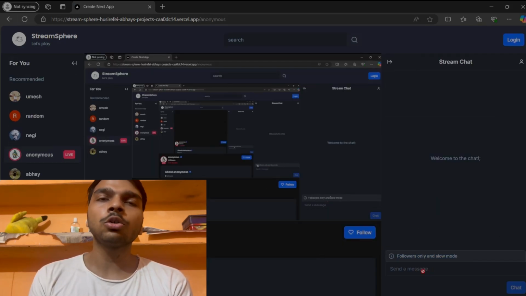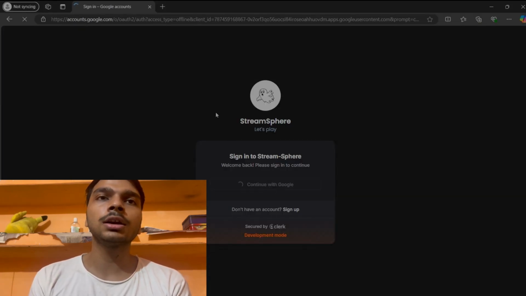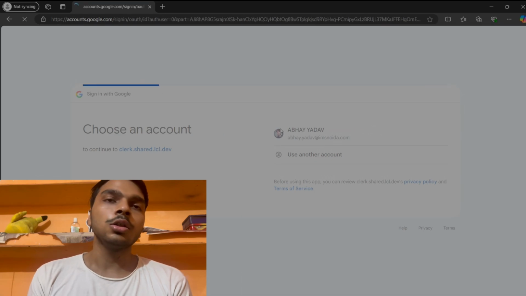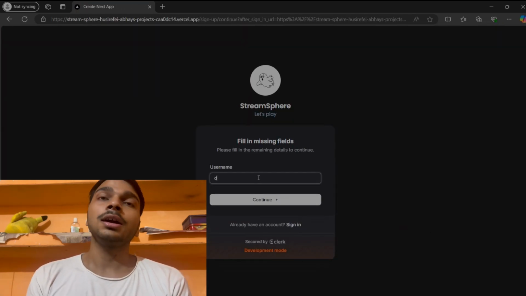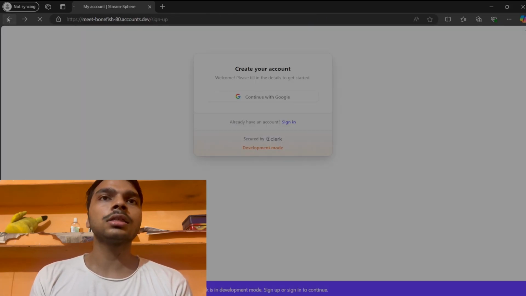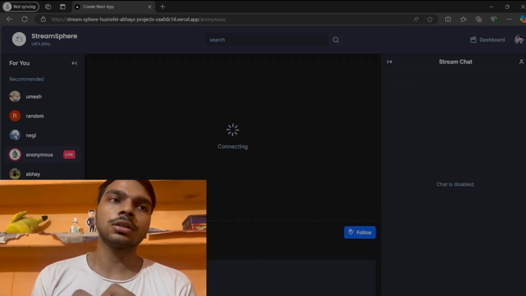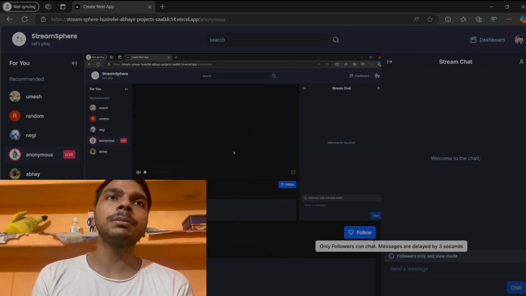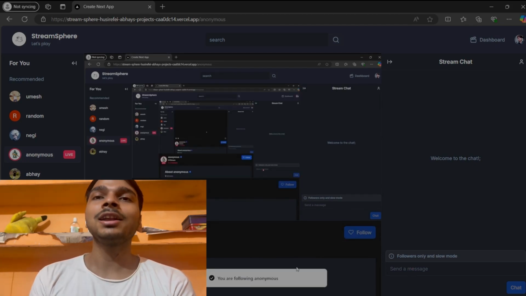When the user tries to log in, they have to insert their email. After that, they have to uniquely identify their username. After putting in a unique username, they are able to enter the website. For this authentication process, I use Clerk. Clerk is a type of software that provides authentication in Next.js. So I created a dummy name and after that it redirected me to the website and now I can chat